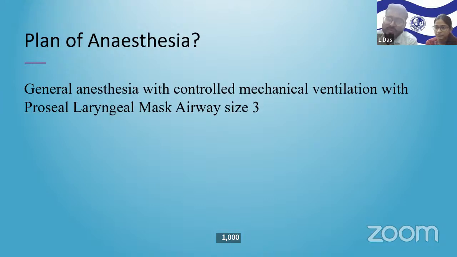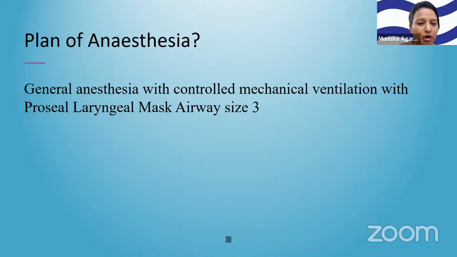Ma'am, before that, we can also go for Durant's position. Durant's position is basically head down and right up position, which helps in removing the gas embolus away from the heart, away from the right ventricular outflow tract. Also, we can go for external cardiac massage. External cardiac massage has been shown to decrease the size of the emboli and move them further away from the heart. It breaks the embolus into small micro bubbles, in the hope that they get away from the outflow tract and remove the obstruction.